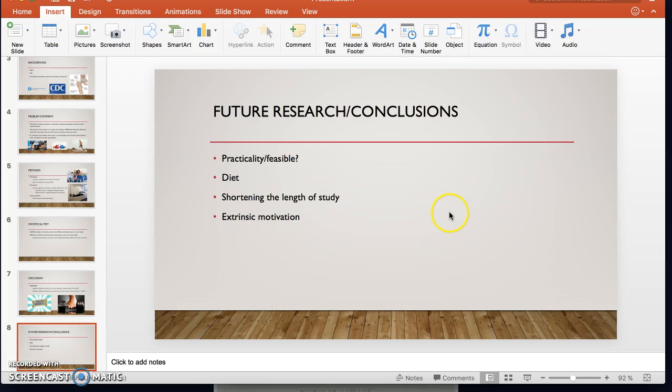Another factor that should be closely monitored, and I didn't do it in this study, but if I were to do it again, diet would be something that would be very important. Knowing someone's diet, that affects their body, and it can greatly shape results. It can affect energy levels. It can affect